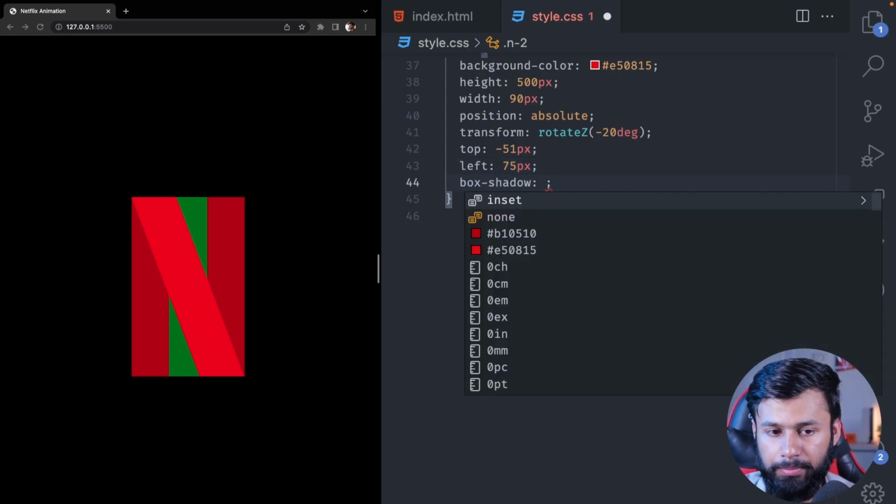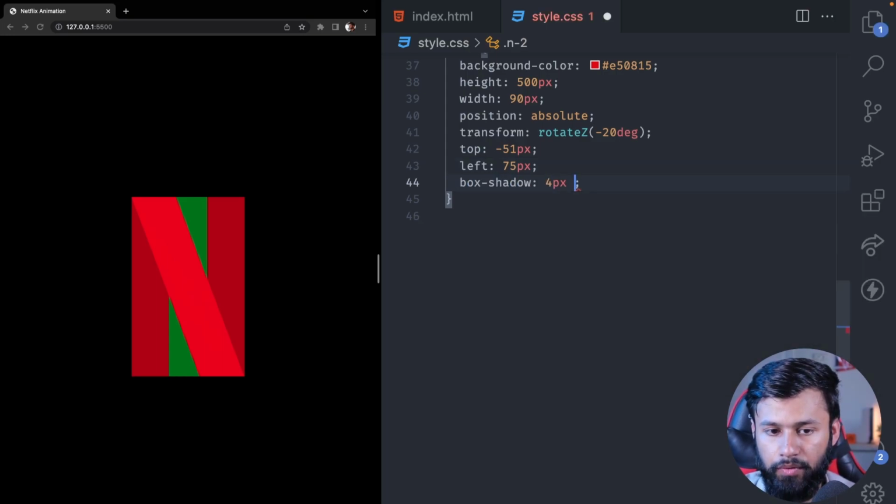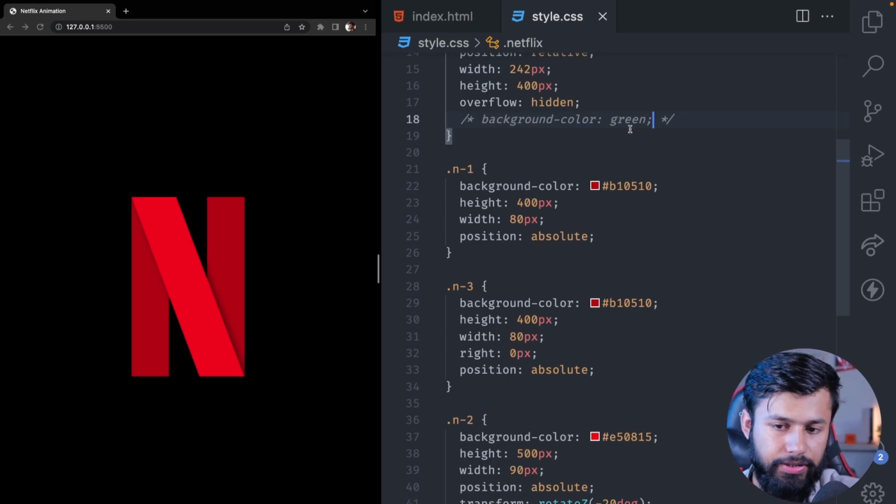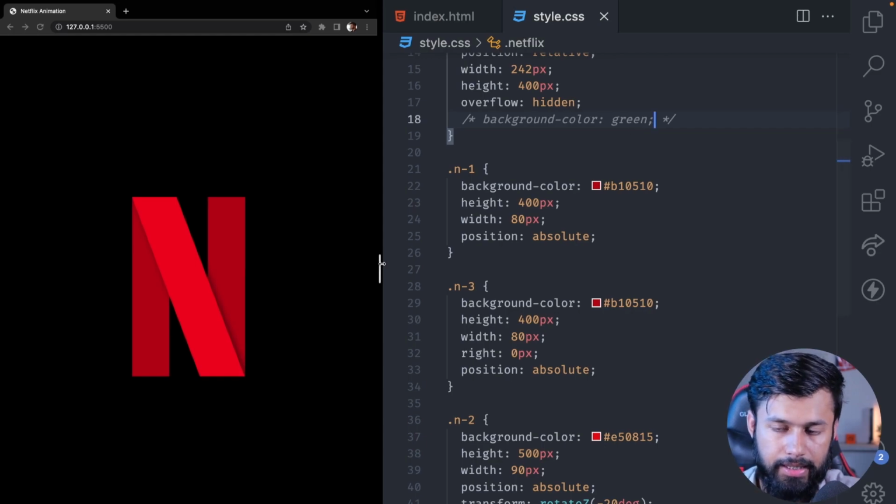I will make a box shadow equal to 4 pixel, 15 pixel, that is going to be the blur, and then black with some opacity. Let me just copy the color. So this is going to be this one. Okay, so this is how it looks now. And if I remove this, it looks something like this, and this is the exact